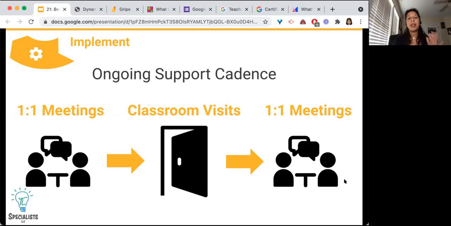This tends to happen over a couple of weeks. So it's not Monday, we're going to have a meeting, I'm going to visit you on Tuesday, and then we're going to end on Wednesday. It tends to be a bit more drawn out because there's got to be scheduling and comfortability and things like that. Okay. How are we feeling about the implementation aspect?